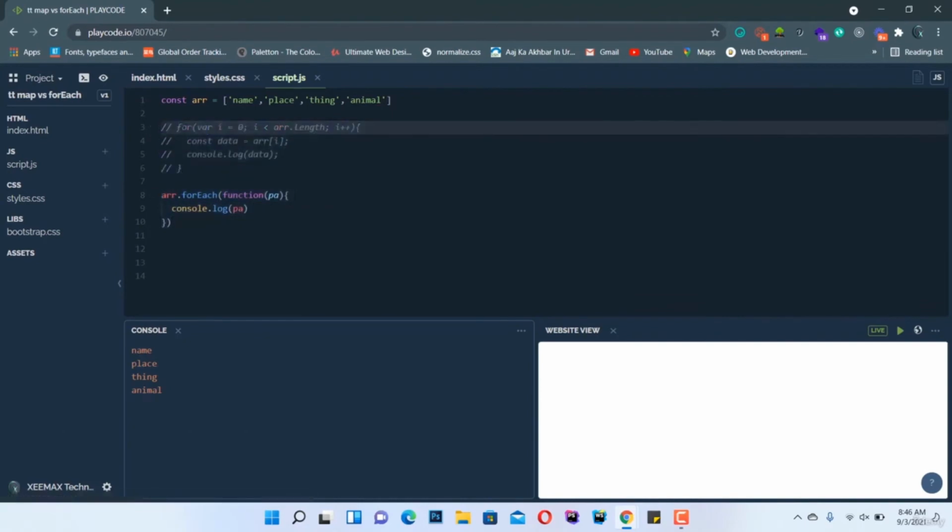Okay, so this was just a for loop. I hope you all are familiar with that. And this is the forEach method of ES6. What this does is actually loops through all the elements of this array, takes this array, and for each